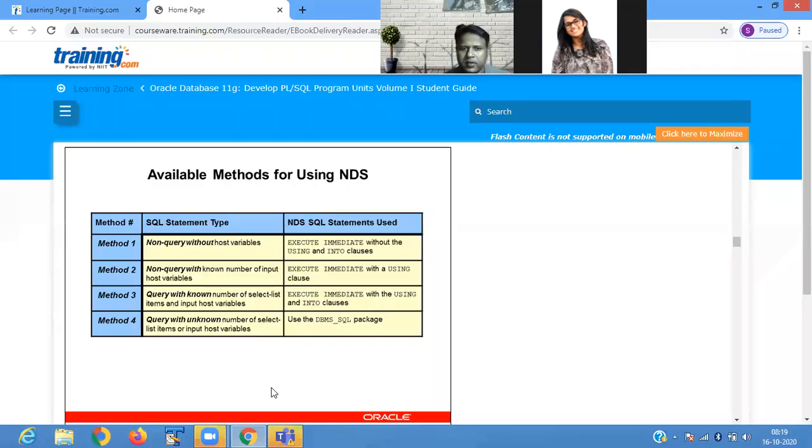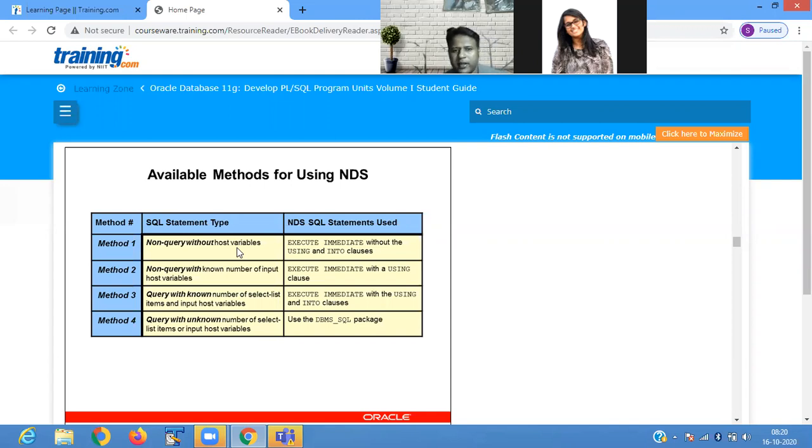The methods available: one is method 1. It is a non-query without host variable, execute immediate without the using and into clauses. Method 2 is a non-query with a known number of input host variables. Method 1 is a non-query without host variable.